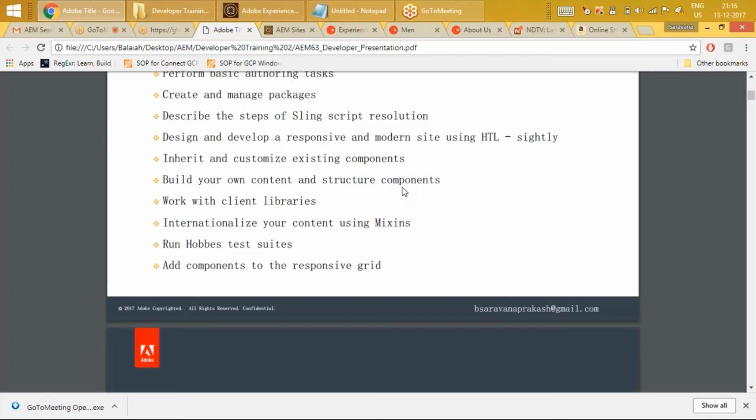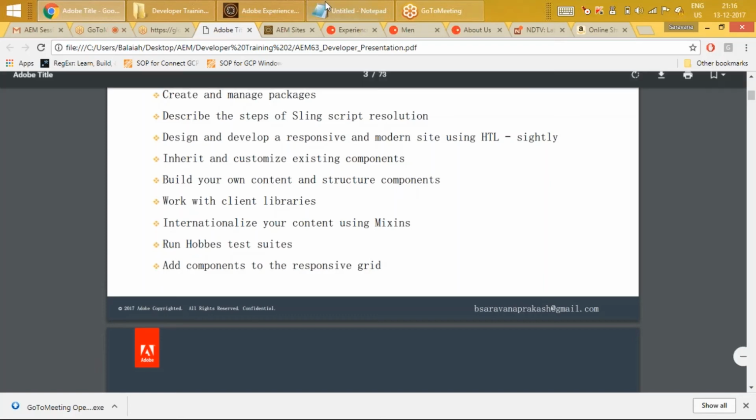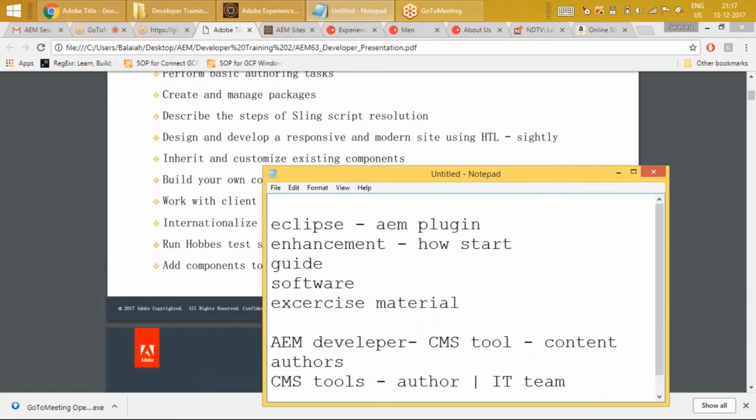This list is okay. Visual Studio, right? We can use VSS also, but the benefit of Eclipse is there's a plugin which Adobe guys have developed. That plugin works well with IntelliJ and Eclipse. IntelliJ is another IDE you might have heard of. So for training purposes, I go with Eclipse.